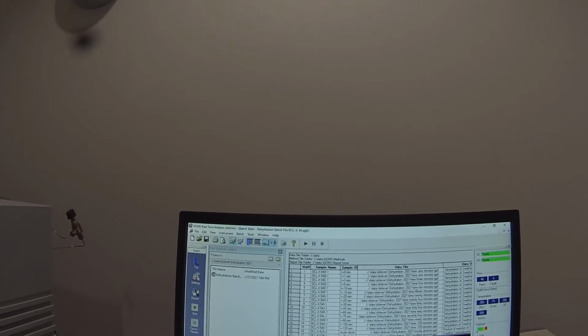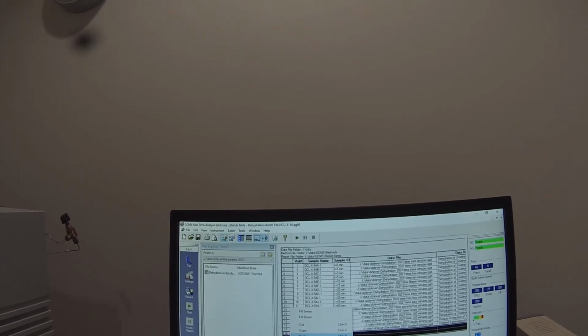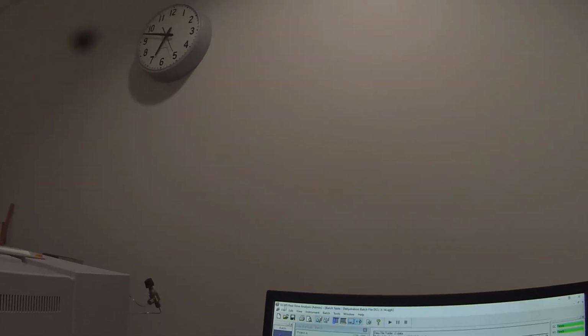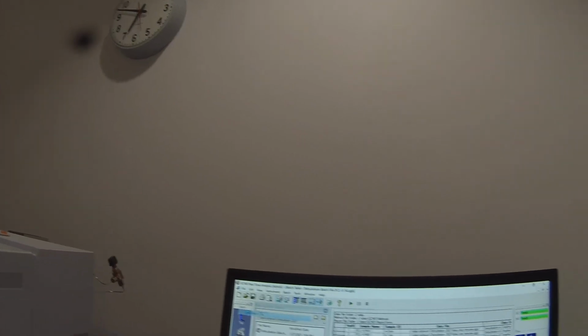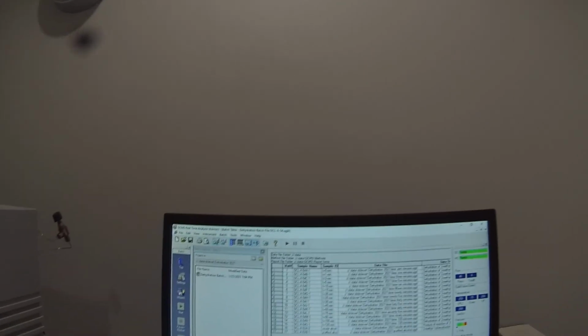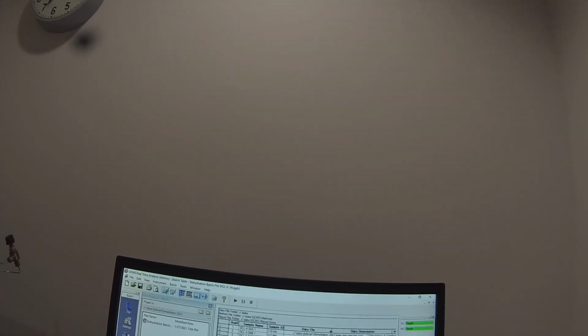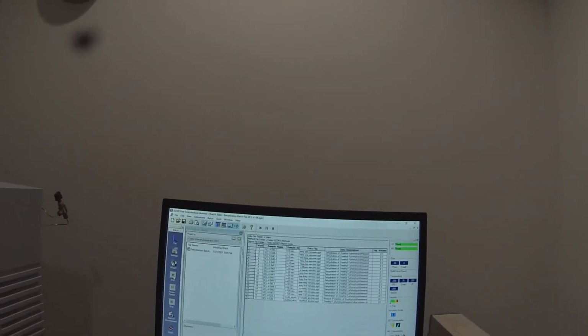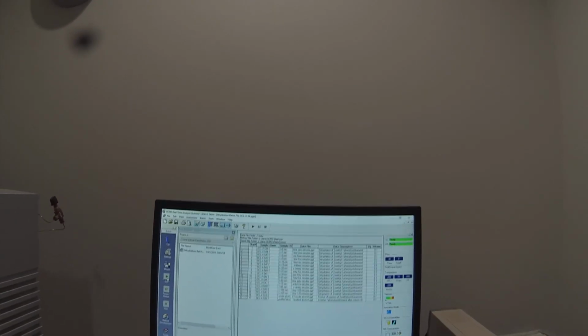I now want to delete rows 18 and 19 since there's nothing in them, and save the batch file again. So that batch file is ready to run, and the GC and mass spec are both ready. As soon as I've got all my samples in there, I can just come in and press start. And let's go rejoin the reaction and see if we're ready for our next